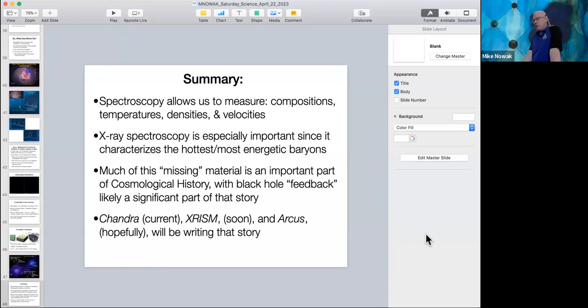Yeah, so the question is, can we do spectroscopy of planets? And the answer is yes. It will mostly be done in the infrared. James Webb will be doing that, but that is at least part of the Arcus program, to do spectroscopy of planets. It's tougher because there's fewer X-rays and our detectors are smaller. But it is definitely something that we've thought about and that we will try.